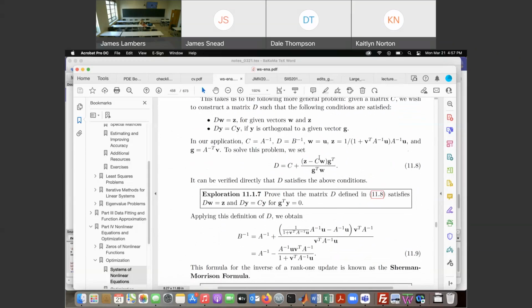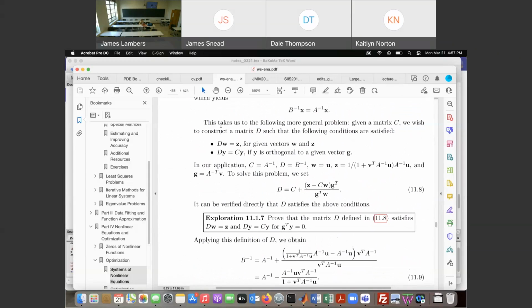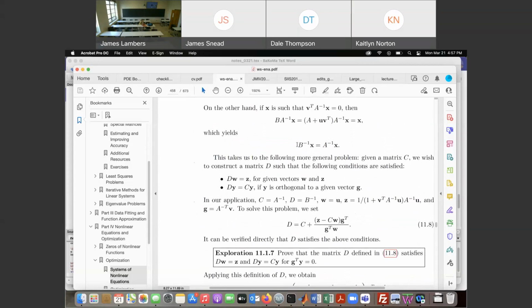Just with simpler notation. And D is equal to C when applied to any vector Y that's orthogonal to a given vector G. So again, this condition applies to one dimension, this condition applies to an n-1 dimensional space, together that covers the whole space. Now, this is an abstraction of a problem of finding B inverse,